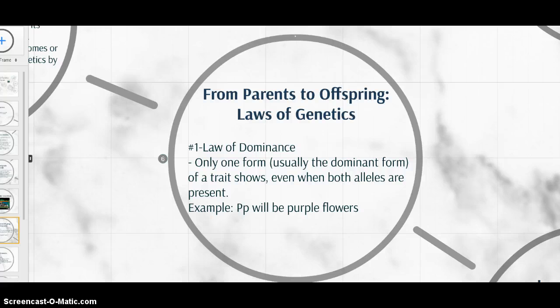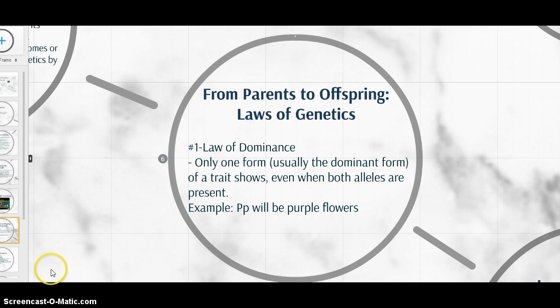So in this example, when you have an uppercase P and a lowercase p, the plant is going to have purple flowers. Because remember we talked about dominant versus recessive traits? So when you have a dominant trait in a gene, the dominant trait is usually going to make its presence known over the recessive. Remember, you have to have 2 recessive alleles to have the recessive trait present. So anytime you see an uppercase letter, that's usually the law of dominance, and you know that dominant gene is